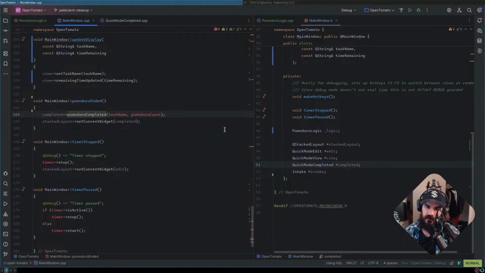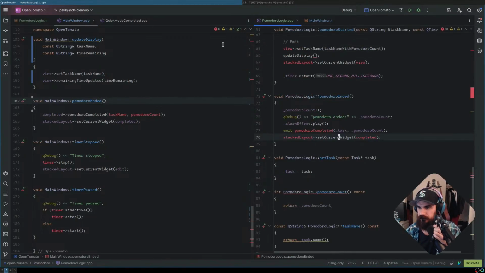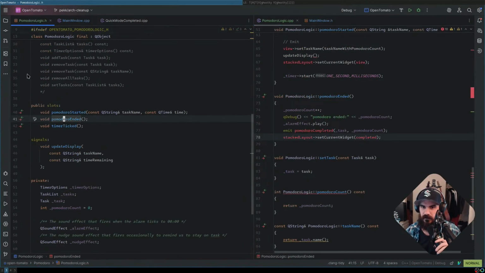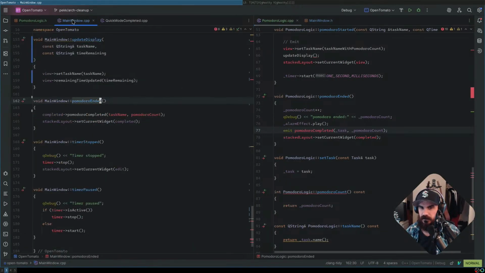But I think I'm going to leave it like this for simplicity. But now Pomodoro ended is going to have to emit that information. Pomodoro completed, sorry. Ended, completed. That's confusing.